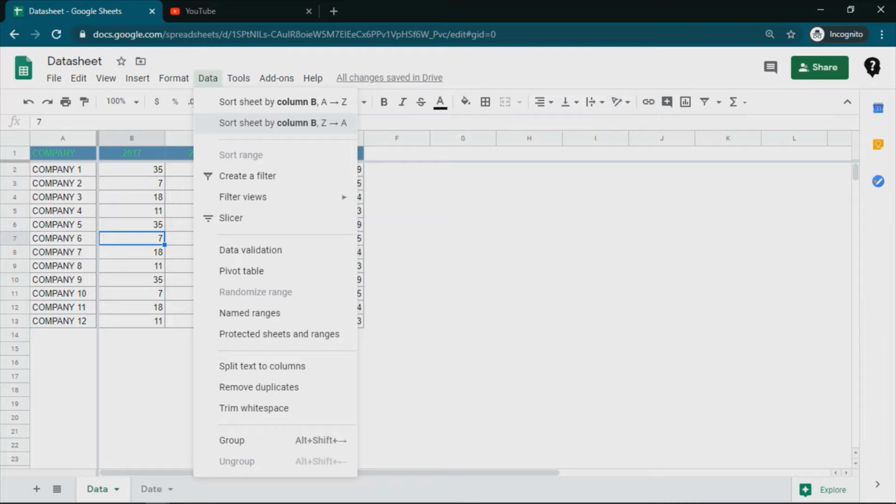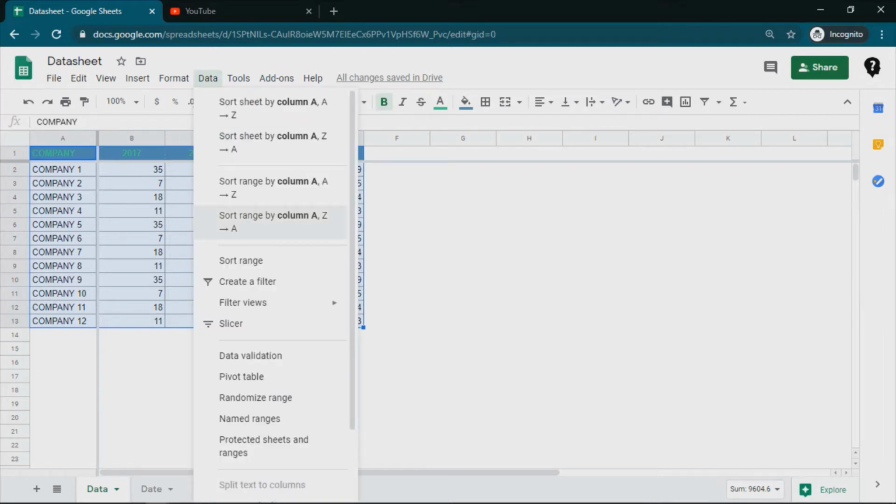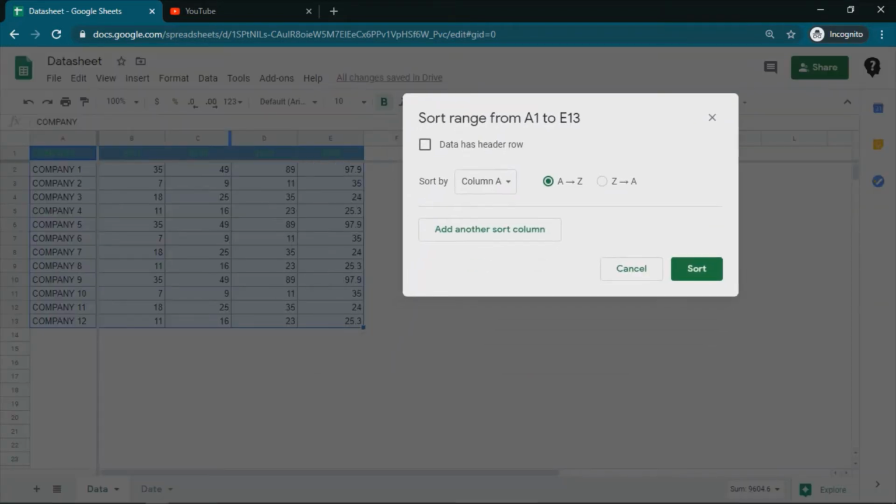What we can cover today is the sort range, which is basically the custom sort if we compare this with Microsoft Excel. For example, I have this data and I want to sort it. We have a couple of other options enabled here, but these are the same. Click on sort range. Sort range is nothing but whatever range we have selected. So we can sort this based on the selected column, either ascending or descending.